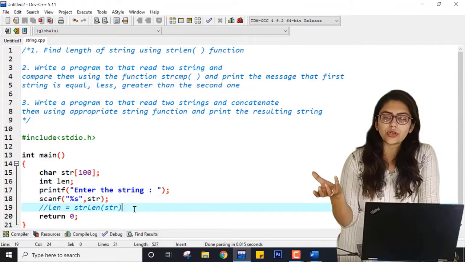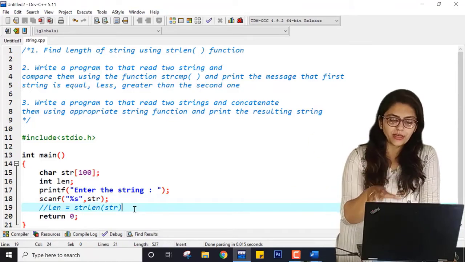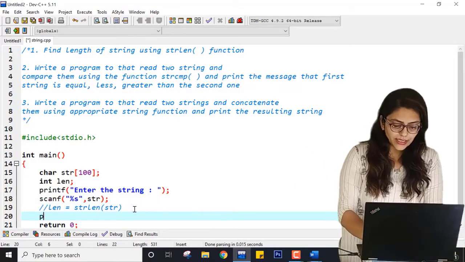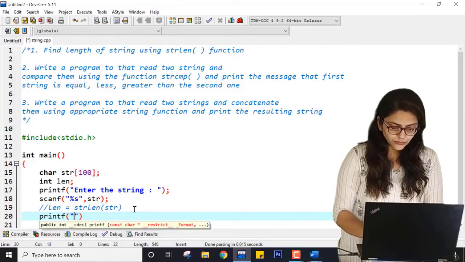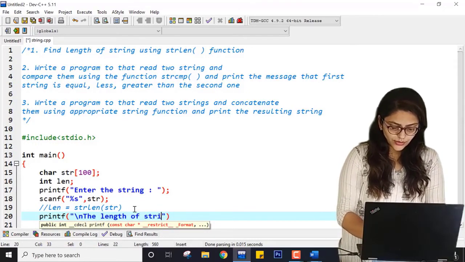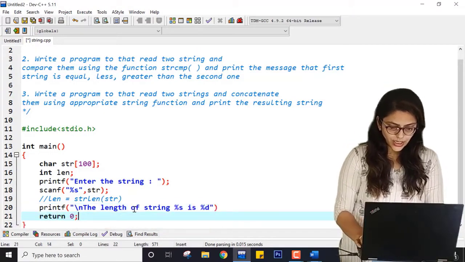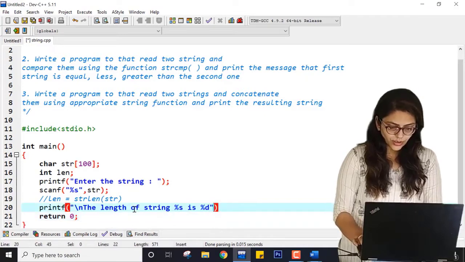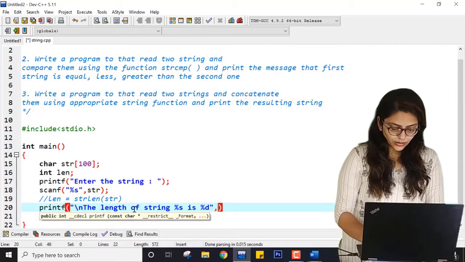So the length of str will be stored in the integer variable len, and then you can print it as printf, the length of string %s is %d. So here you can write str, and here you can write len.